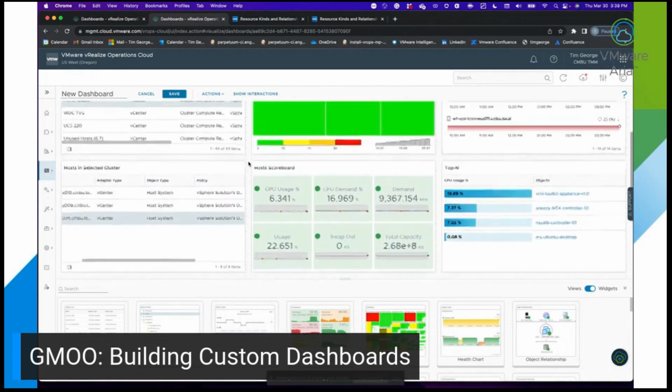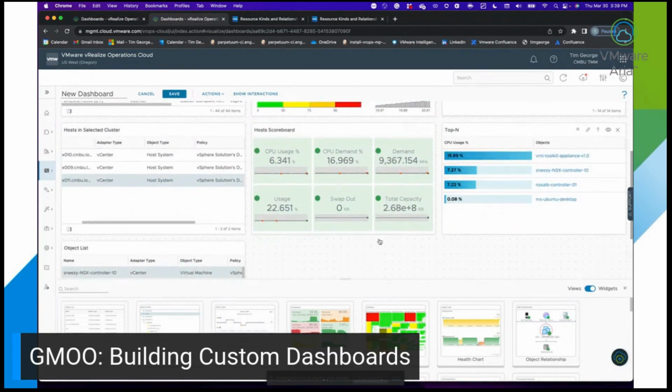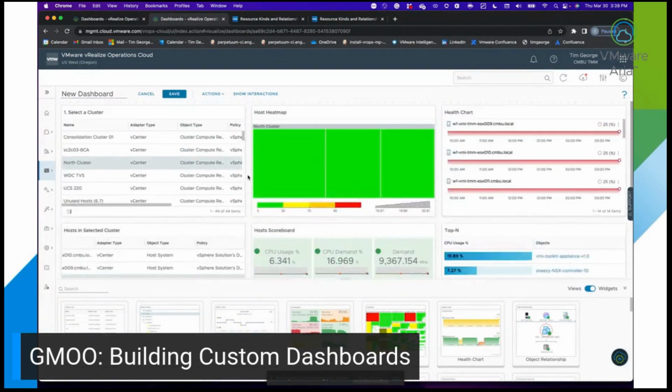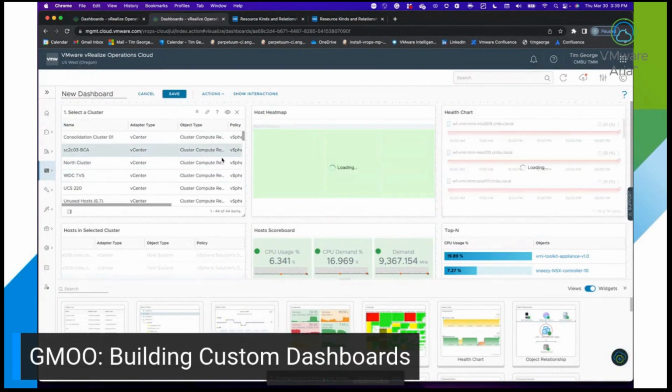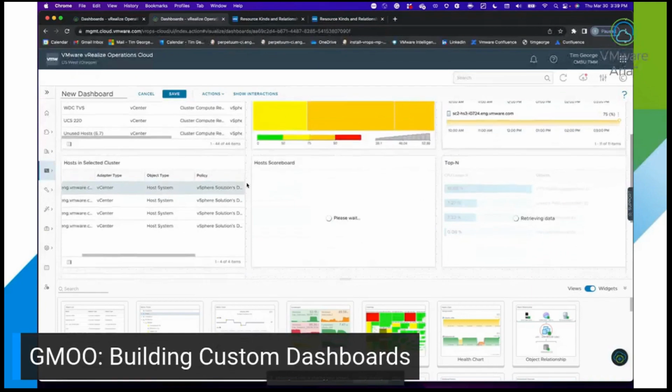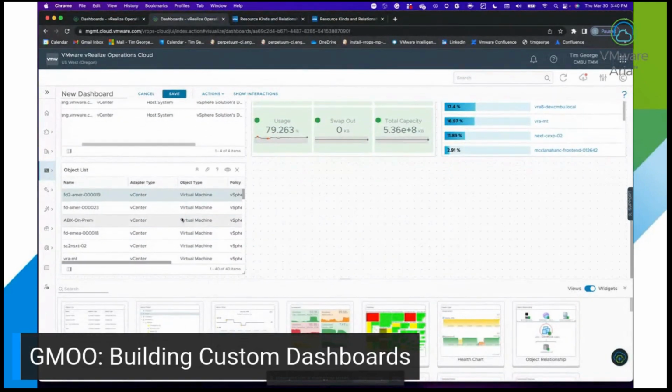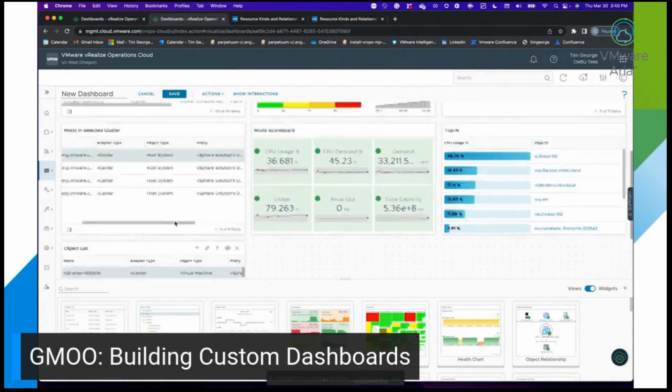And so now we see we've got our top 10 over there as far as our virtual machines, and we can see the list of our virtual machines. And now if we change our cluster again, as the host changes, it changes all the other widgets. It changes our top N widget. It now also changes our virtual machine widgets. We can see the 40 virtual machines that are there